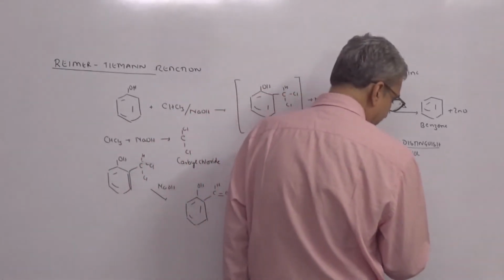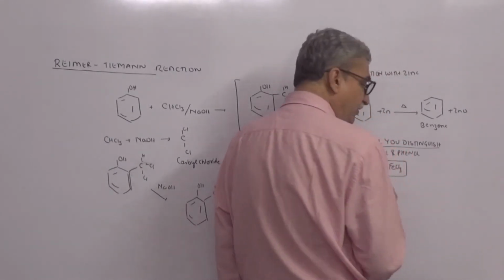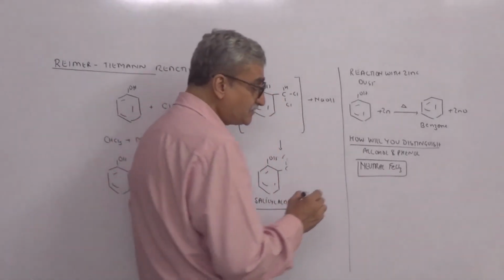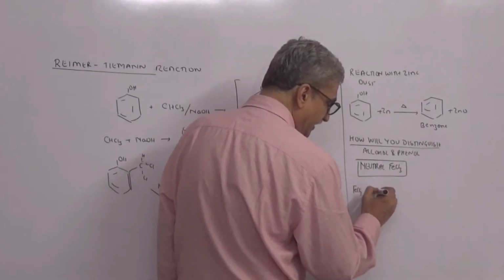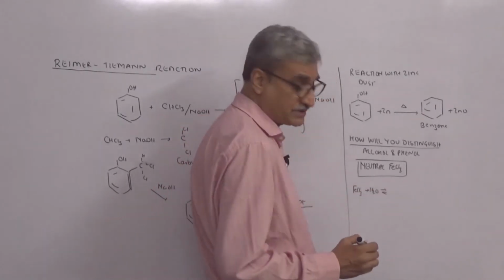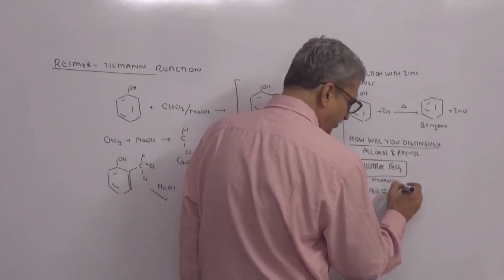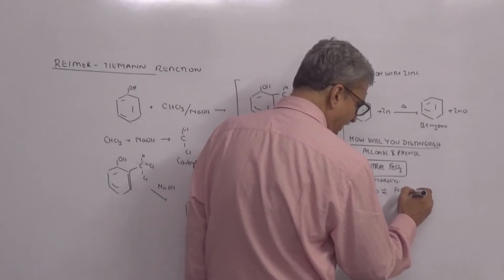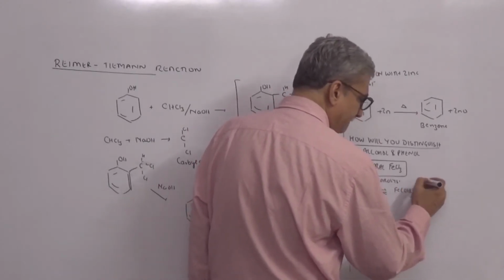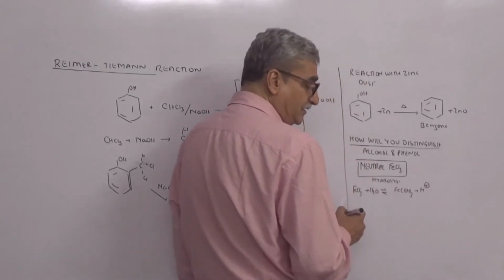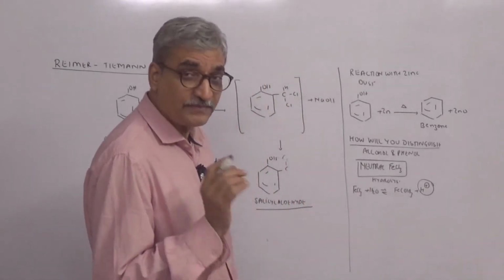So we have neutral ferric chloride. Now you'll ask me, sir, why neutral ferric chloride? Why not just ferric chloride? See, this is where the concept of ionic equilibrium comes in. Ferric chloride, FeCl3, reacts with water. It's a hydrolysis. What are you going to get? You're going to get Fe(OH)2+, Fe(OH)3 plus H+, and of course Cl-. So acidity will be developed. So how do we prepare neutral ferric chloride?